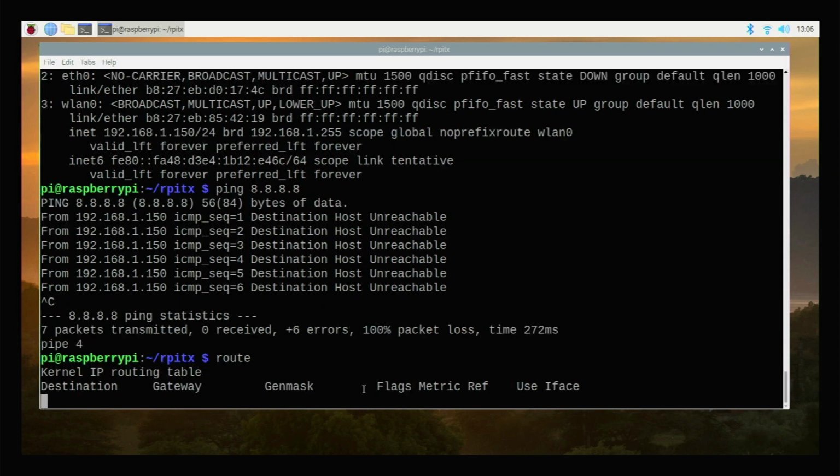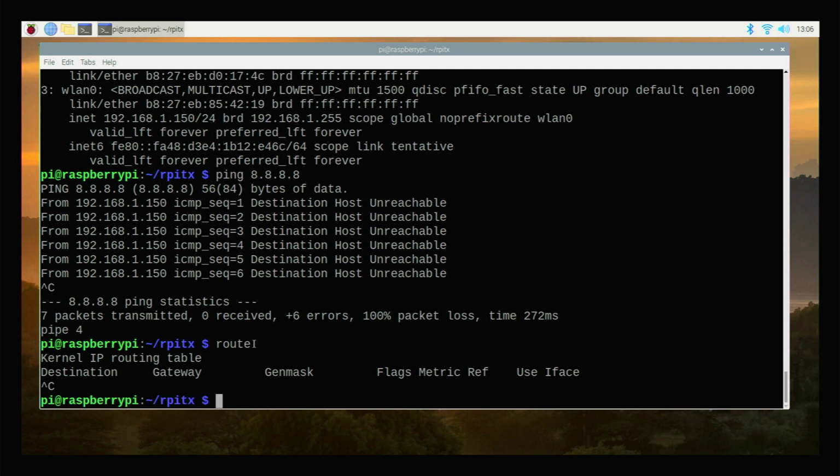Yeah, the routes are not applied. So the last command for routing probably went wrong. So I need to check this one. There is something wrong in here. Just give me a second, so I will try to reconfigure this in the correct way.